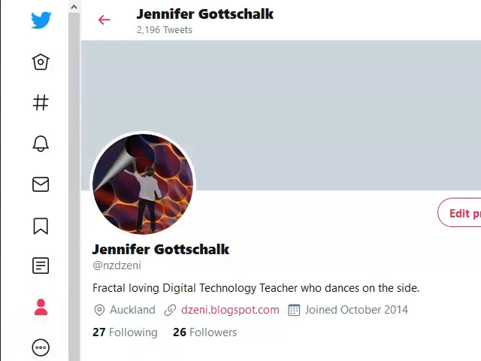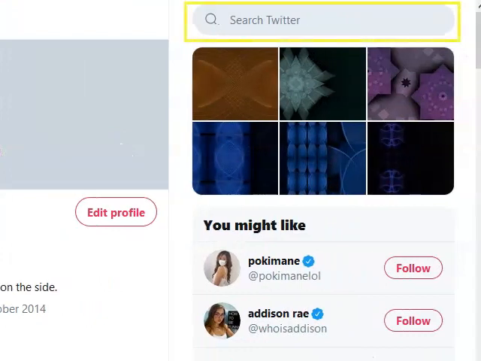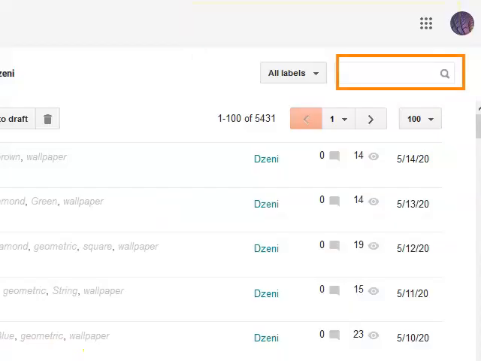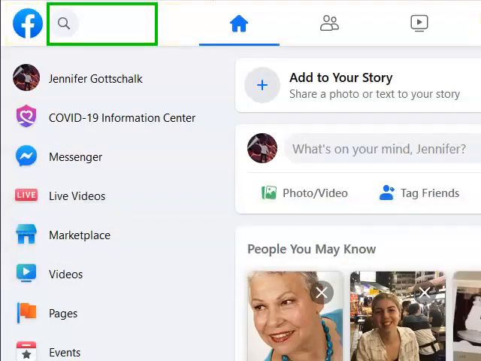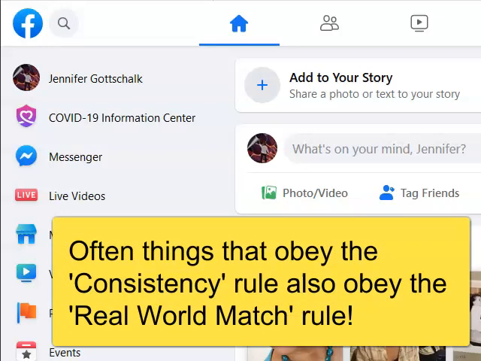If I were to say, how do I search? Most people would look at the top right-hand side for a search bar. It's there in Twitter, it's there in Blogger, it's at the top of the screen in Gmail, and it is present in Facebook as well, although for some reason they've placed it at the top left instead of the top right. Having said that, the symbol used is almost always the magnifying glass, which is consistent across systems and platforms. If we're looking to search, we look for the magnifying glass, and that makes it easy for us to use